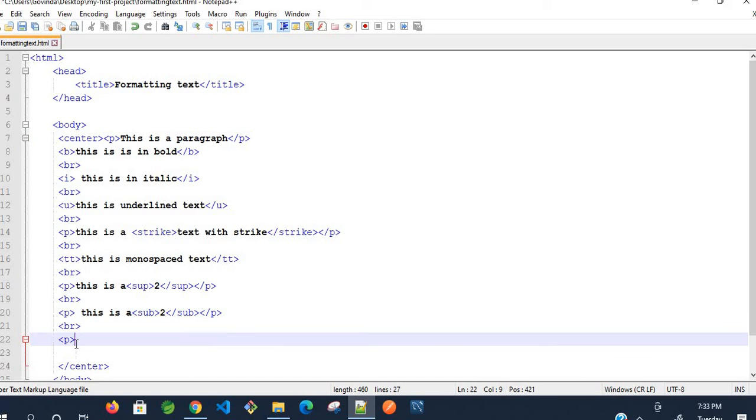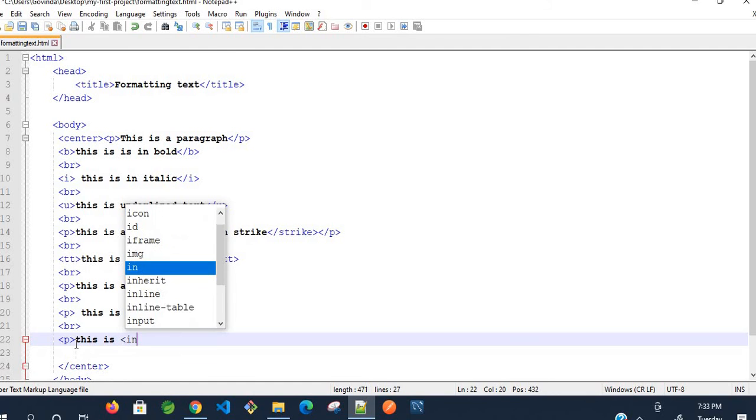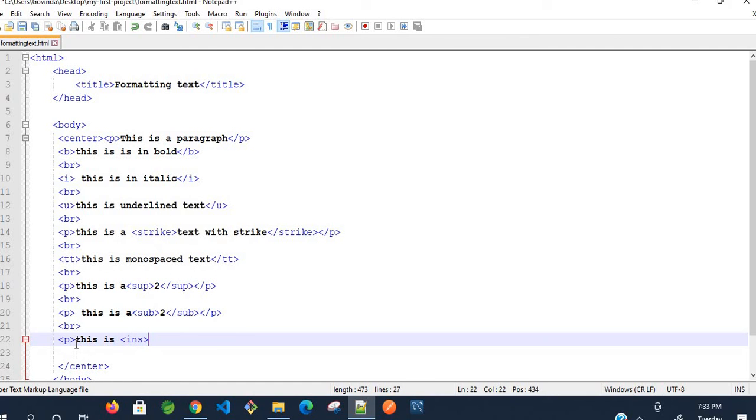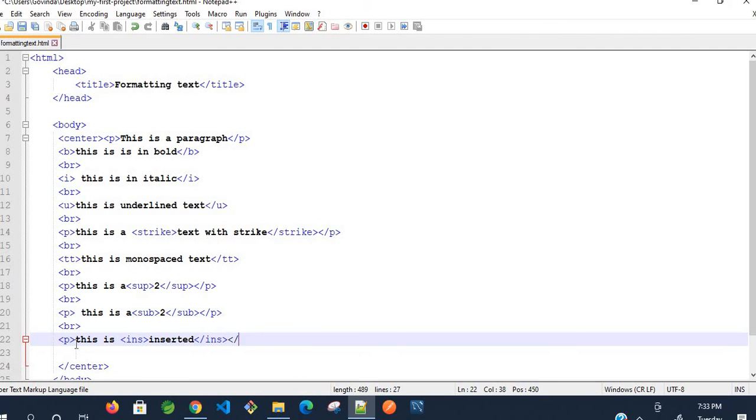Then in the paragraph what I want to write is: this is INS, that is nothing but inserted. I'll give the same text INS. Okay, then close the paragraph tag,